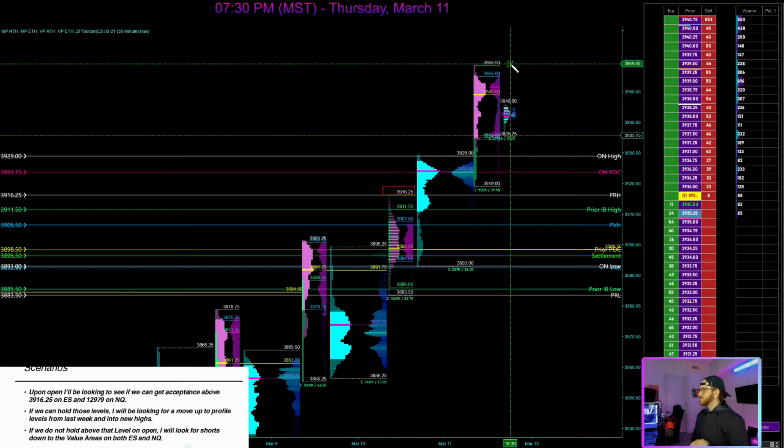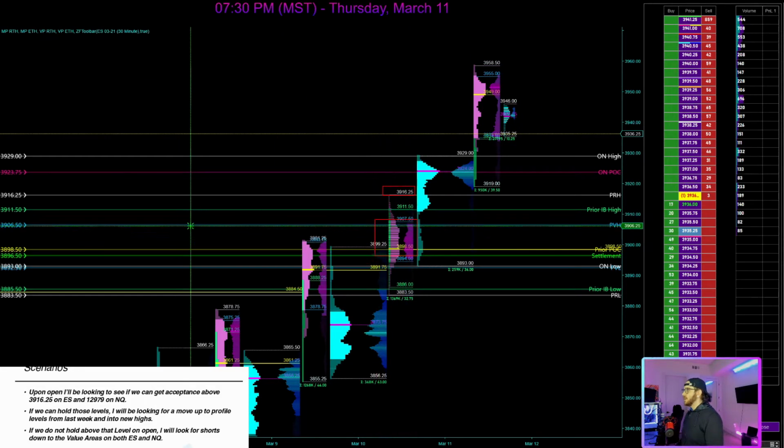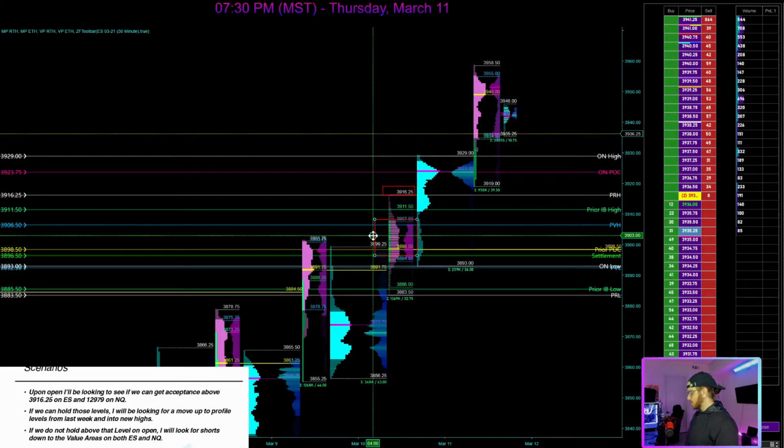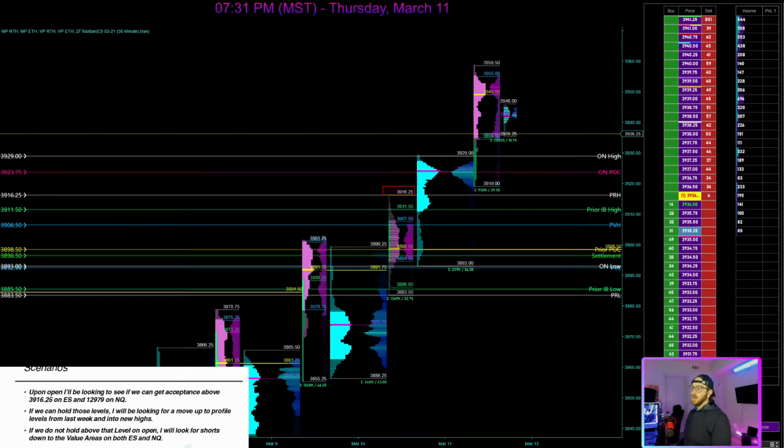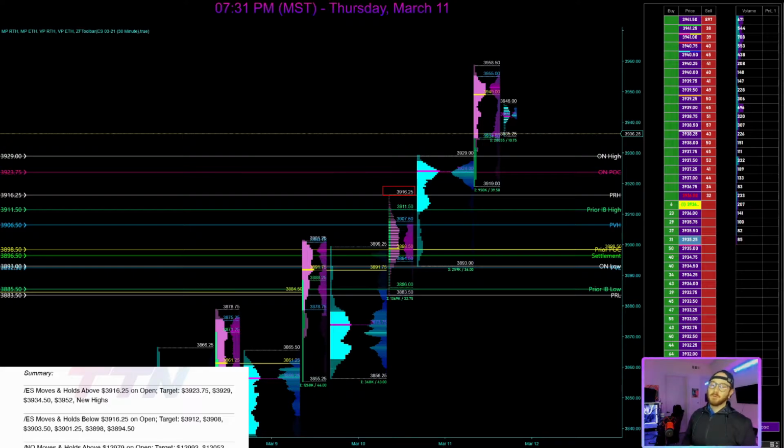The S&P, once again, after a massive down move last week, a couple hundred points, we closed at record highs once again. So if we could not hold above that level on open, I was looking for moves back into this area and lower if that could not hold. So let us get into the targets because we have a lot of them. First and foremost, the upside targets I was looking at on ES,